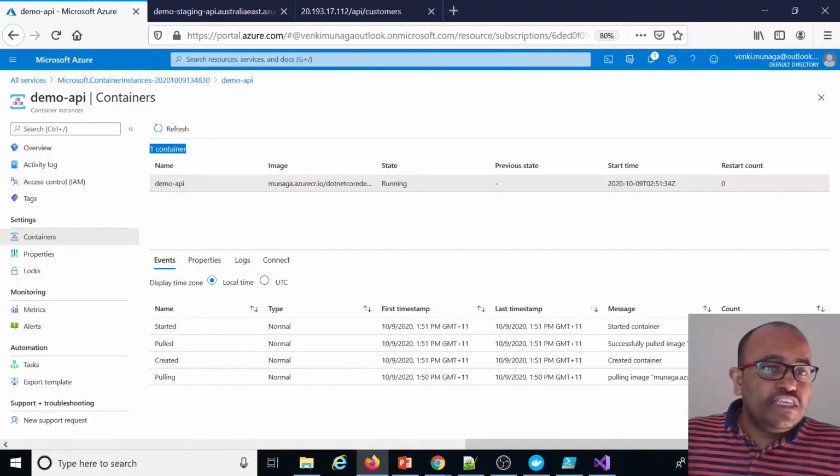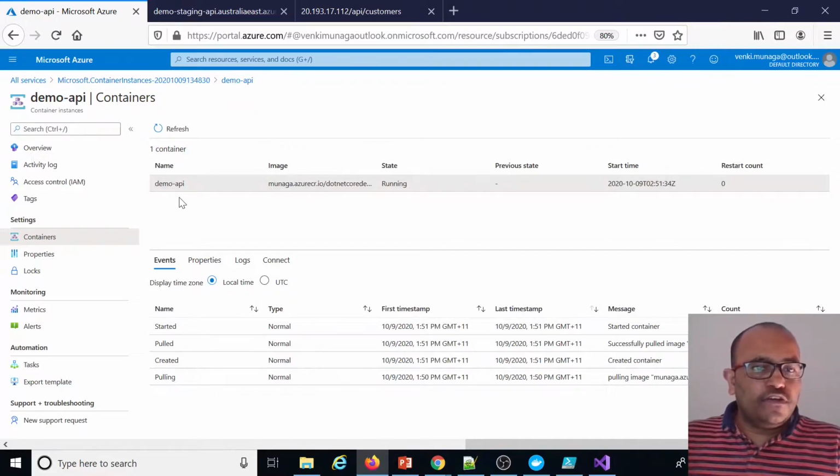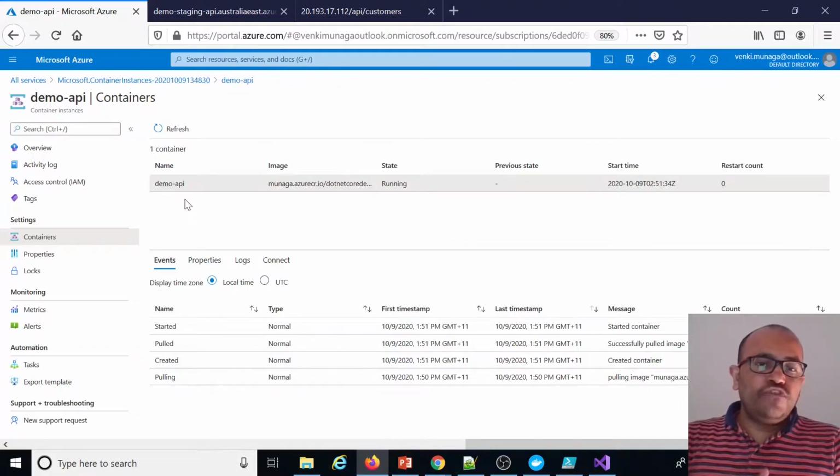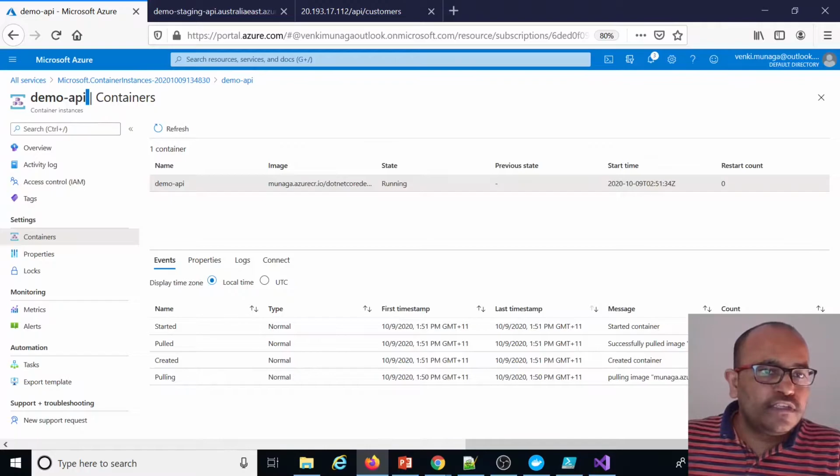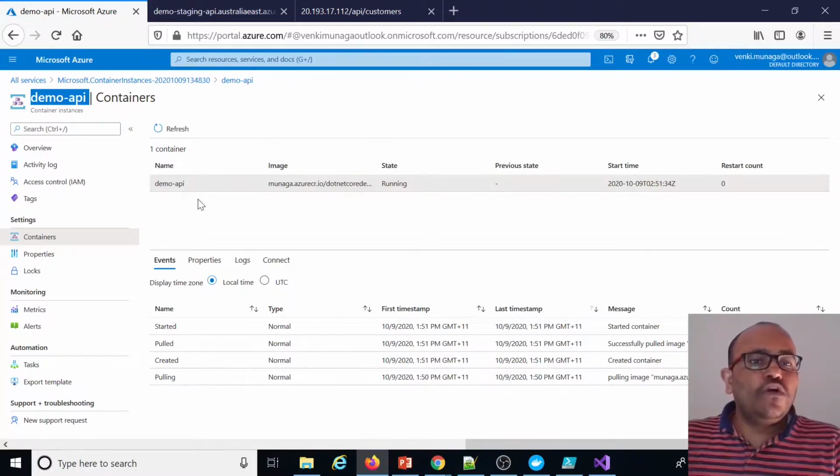With this demo API, try to understand that this is the container instances. You can have multiple container instances, but at present I am choosing Windows. For Windows, as of now, only one instance per group is supported. If it is Linux, it will allow multiple instances, you can try that.